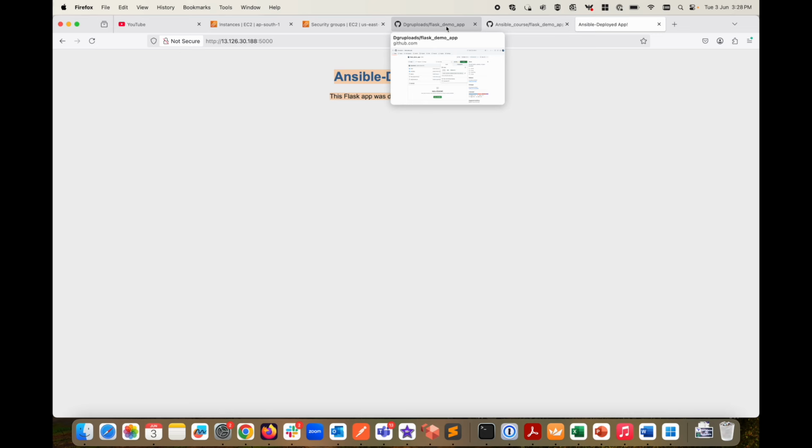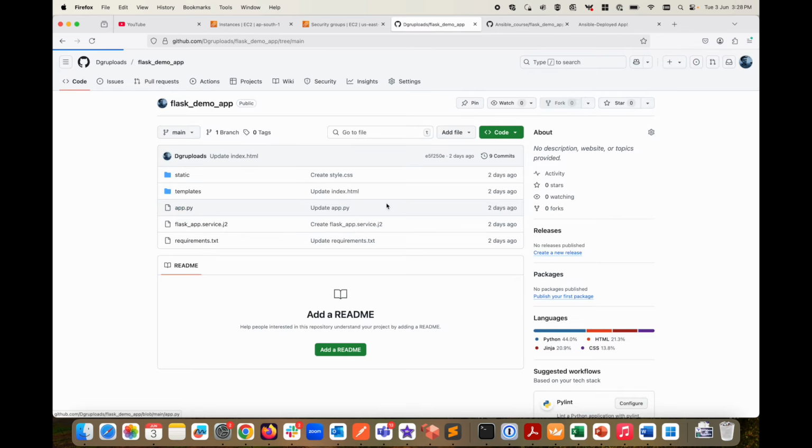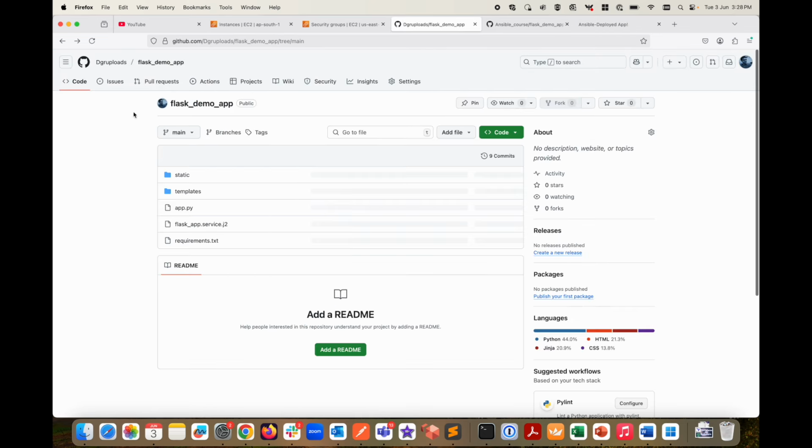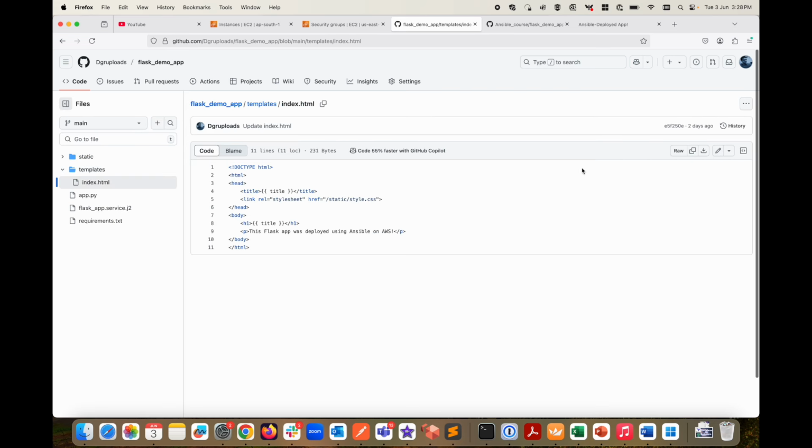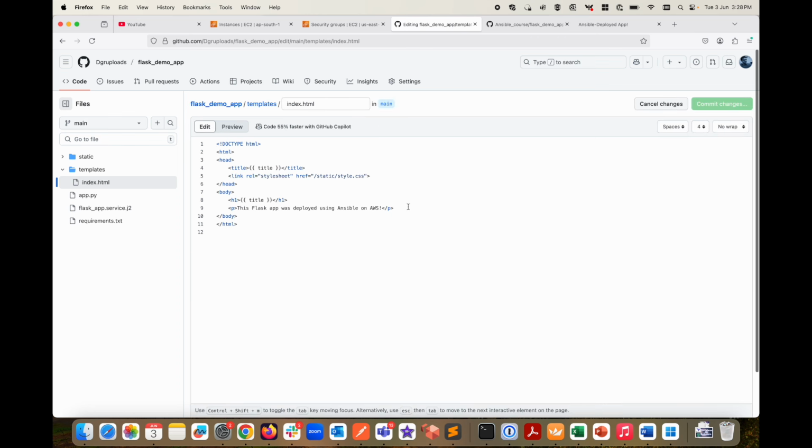Right now, at any point you update your application, so let's say I will update my index.html file, I can easily deploy that using my